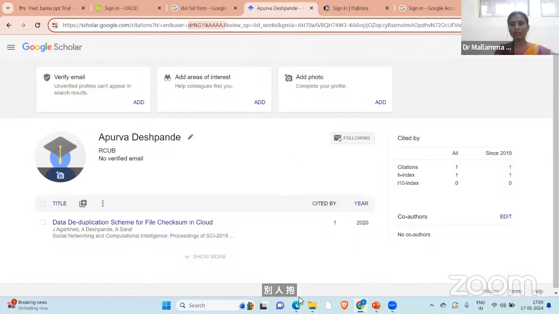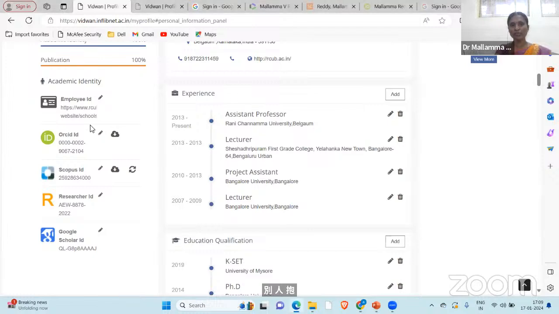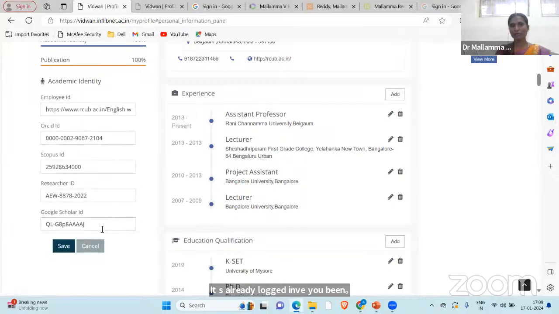Later, you have to go to Vidwan and come here for the academic identity. It's already logged in by you people. In the academic identity, click on the edit option of Google Scholar ID. Paste here and say save.